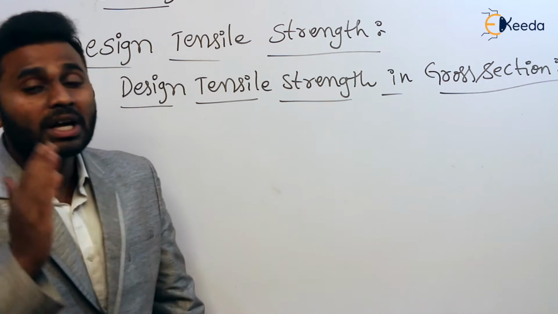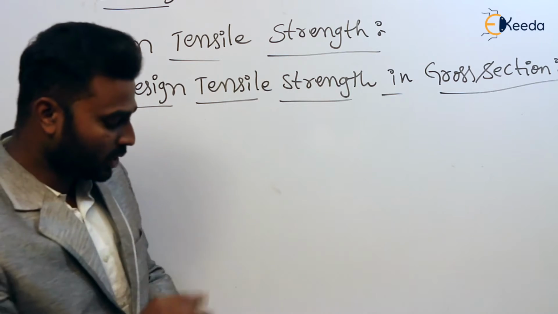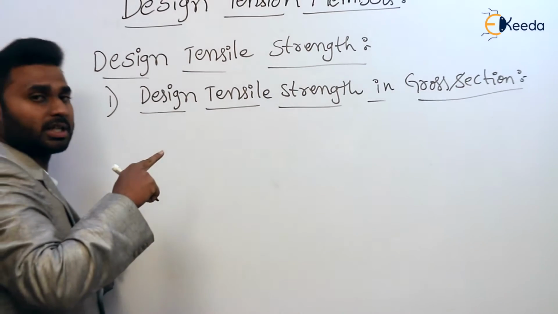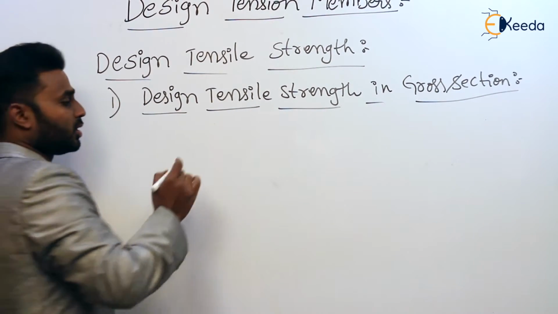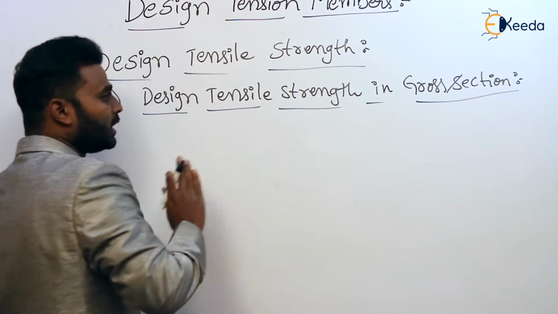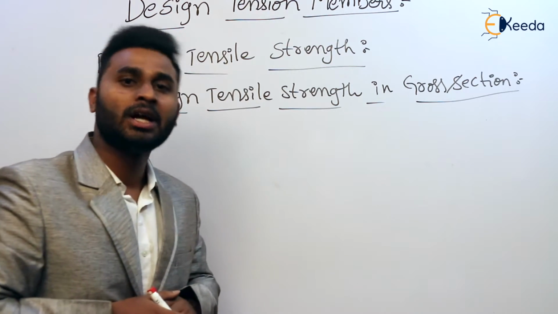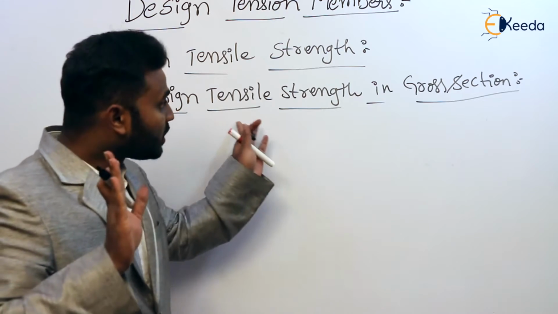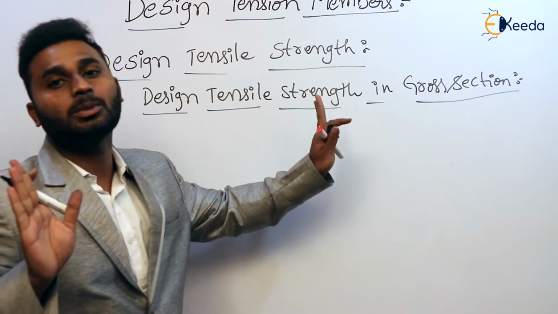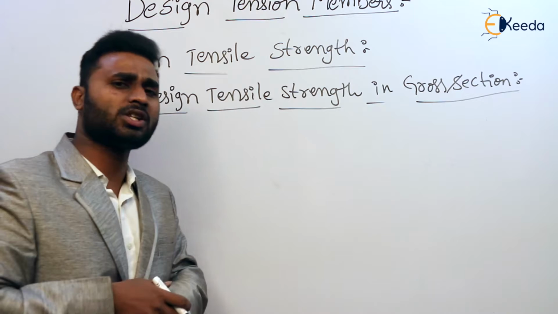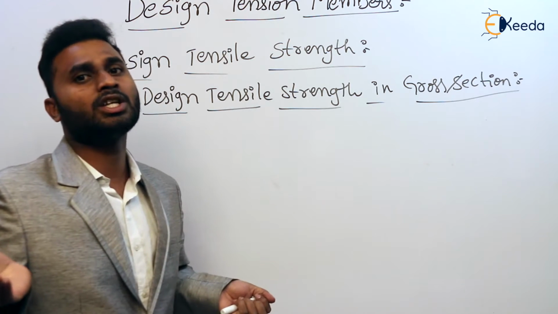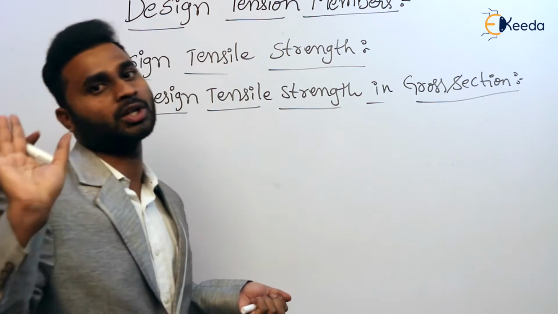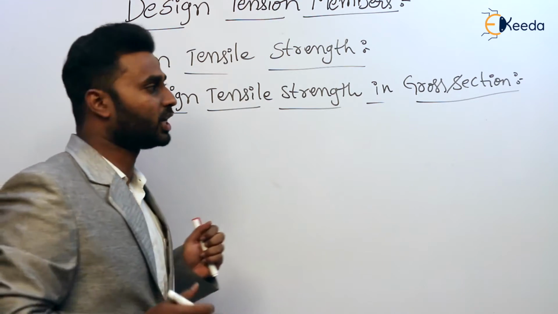I'll explain this with a bolted connection, which we have already discussed in the introduction of bolted connections, but here also I'm going to discuss it with a bolted connection. If I take a bolted connection, you'll understand more clearly. Of course, a welded connection can also be used to explain, but for a welded connection there is no reduction of area. Clear or not? There exists reduction of area only in a bolted connection. So I am going to explain it using a bolted connection.